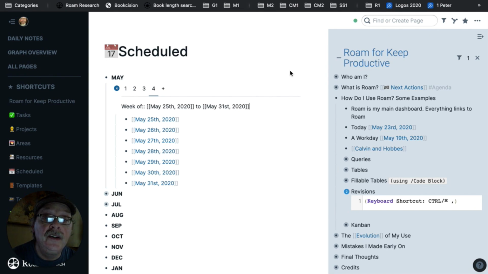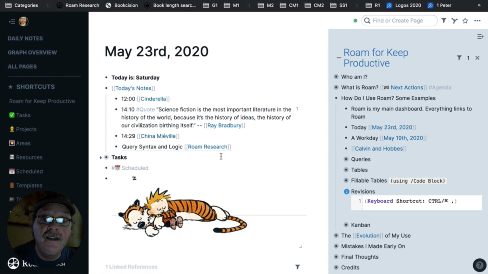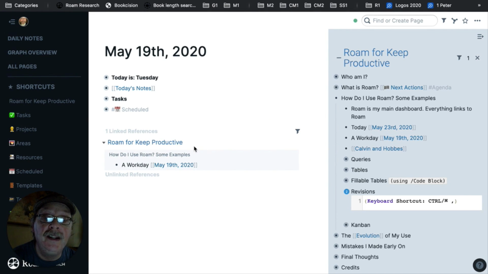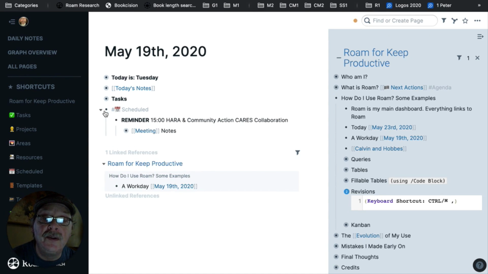And when I go into one of my work pages, then each day under scheduled, if there's anything in there for that day, so maybe we'll find something here on May 19th, and I have the link for Roam Keep Productive, that will pop up. But then if I want to drop down and look at the week as a whole, generally I can look at that schedule page